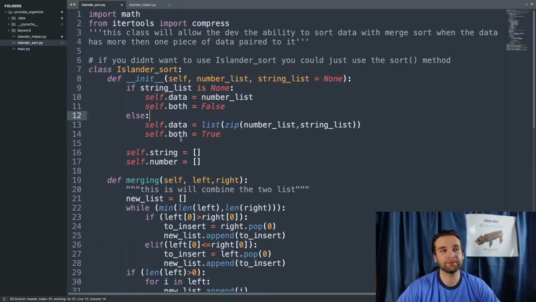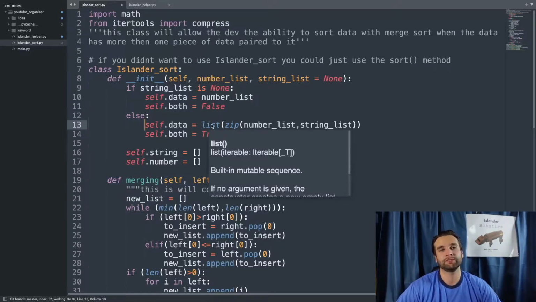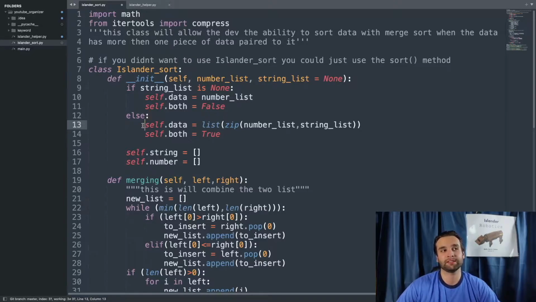And when the string doesn't equal none, basically what we're going to do is we're going to say self.data equals list. So this is really what we're going to be doing for this line of code on line 13. Essentially it's going to be list comprehension. However, we're going to run a little bit of a twist on it where we're going to use a method. So this zip